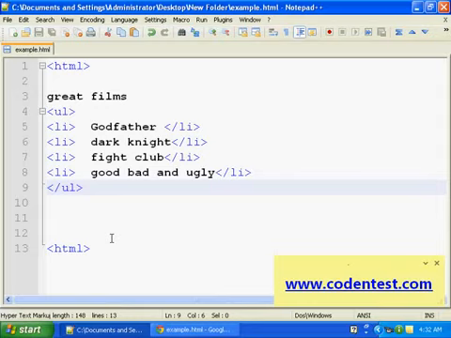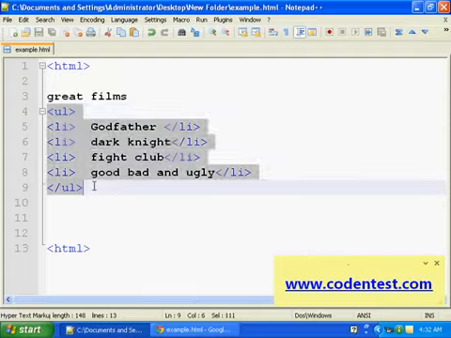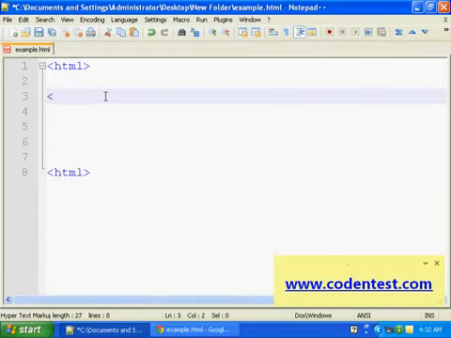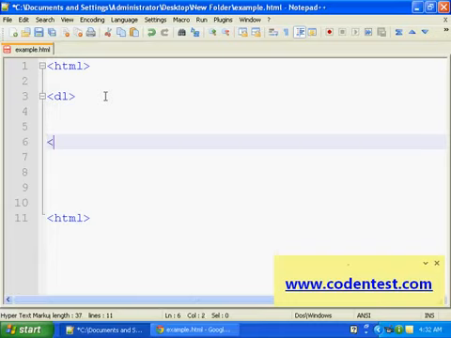And the third one is definition list. For that I'll delete this. I'll delete these great films also. Definition list starts with DL and ends with this tag /DL.